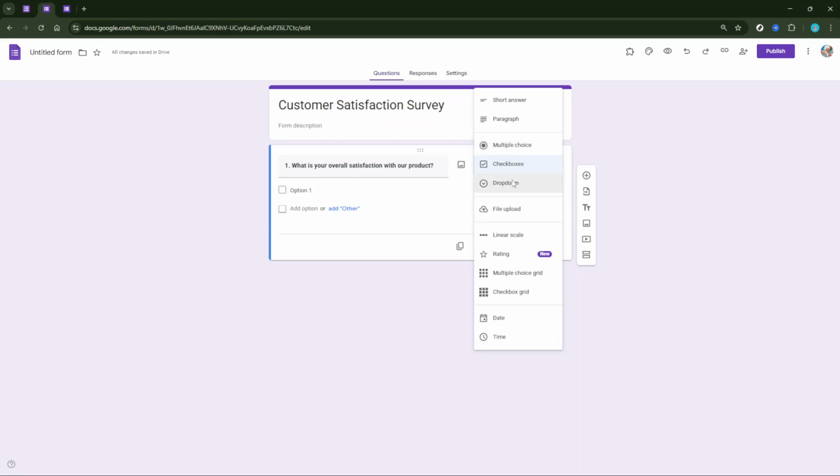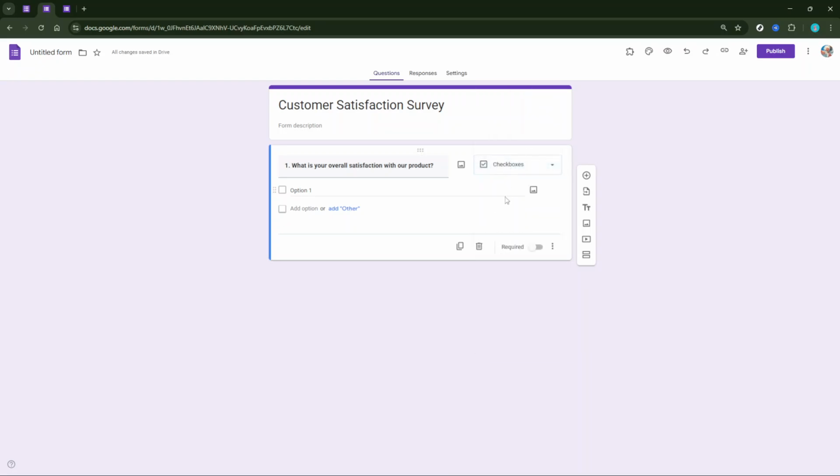As you form your questions, consider which ones are essential. Google Forms allows you to make questions mandatory. By toggling this option, you ensure participants must respond before submitting, which is vital for capturing complete responses to critical questions. Once your survey is ready, it's time to share it with your audience.